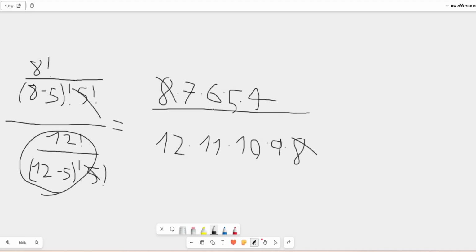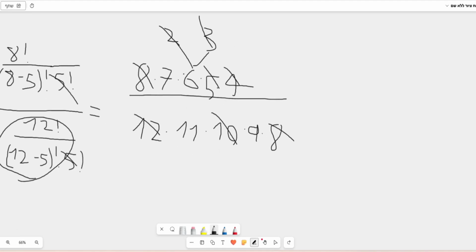Let's see. 6 can be split into 2 and 3. 2 and 5 cancel with the 10. 3 and 4 cancel with the 12. We're left with 7 over 9